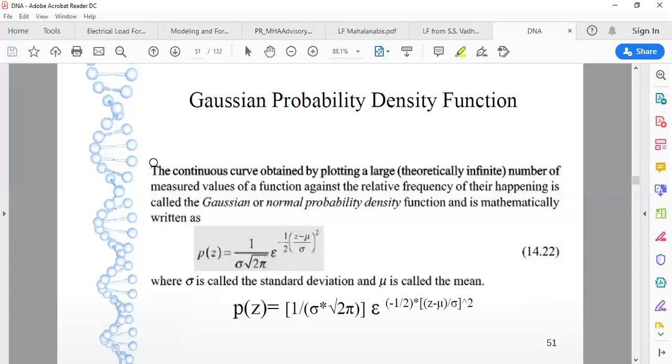So if I plot a curve, it is possible that the first reading, the 10th reading, and the 100th reading offer the same value. So I have to plot that curve in such a way that, based on the repeatability, or say the relative frequency, of a particular value, I plot that thing. And that is exactly what is defined by the Gaussian normalization curve or Gaussian probability density function.